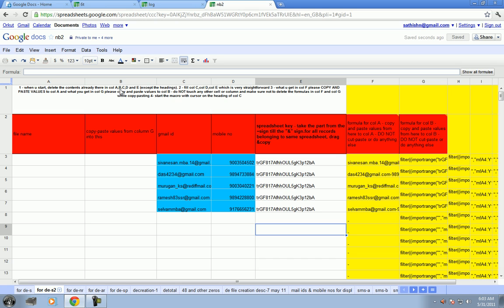Delete the contents already there in A, B, C, D, E except the headings. Fill column C, column D, column E, which is very straightforward. And then what you get in column F, please copy and paste values to column A. What you get in column G, please copy and paste values to column B. Do not touch any other cell and make sure not to delete the formulas. So all I will have to do is what you get in column F,